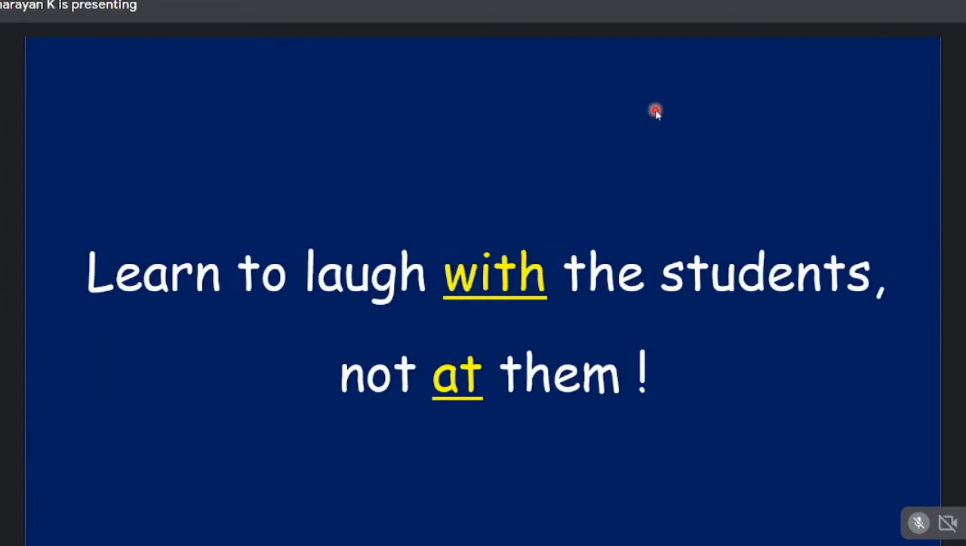Learn to laugh with the students, not at them. Many decades ago, when I was in charge of the college entertainment, I organized a skit where I made fun of the students in the skit. After the event was over, my dean, Professor A. Krishna Rao, who was the dean of this medical college for over 20 years, called me to his cabin and he said,